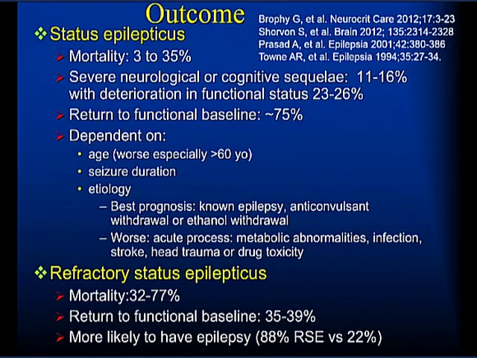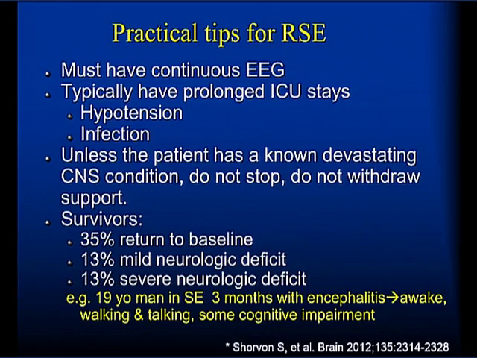In refractory status, that mortality goes all the way up to 32 to 77%, but some will return to functional baseline, 35 to 39%. More are likely to have epilepsy afterwards, but you can sometimes treat these patients, so don't give up on it. So the practical way to treat your patients with status epilepticus or the ones with refractory status: